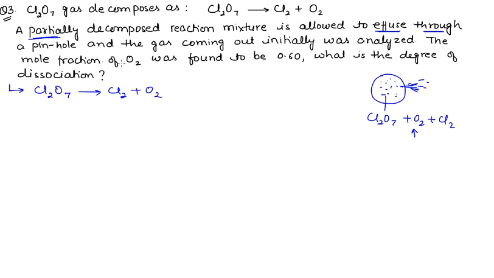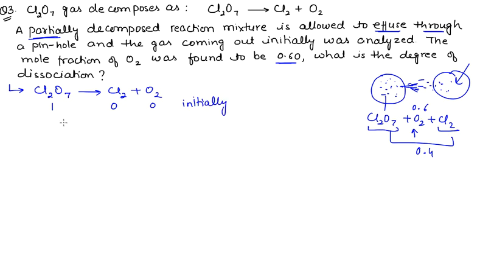So when this effusing gas was analyzed, it was found that it has a mole fraction of O2 of 0.6. So it means the mole fraction of combined Cl2O7 and Cl2 was 0.4 and of O2 it was 0.6. Now we have to find the degree of dissociation, that is, how much of Cl2O7 actually decomposed to give Cl2 and O2. So let us say we started with 1, 0, 0